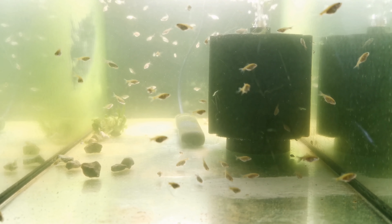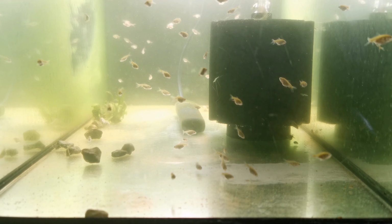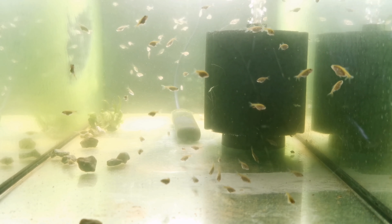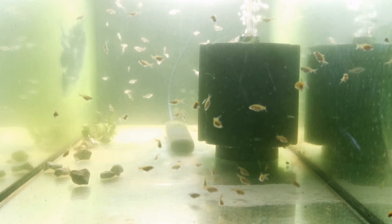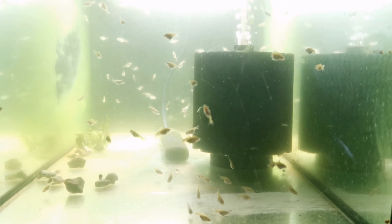But that tub had tons of infusoria and tiny copepods and worms and stuff like that. I was actually thinking about pulling some of them for my own fish, but then when I started getting baby goldfish popping up, I said I'd leave them be and let them stay there and feed on the baby goldfish that are out there. So I'll probably get an outdoor tank set up and move them into that and grow them on